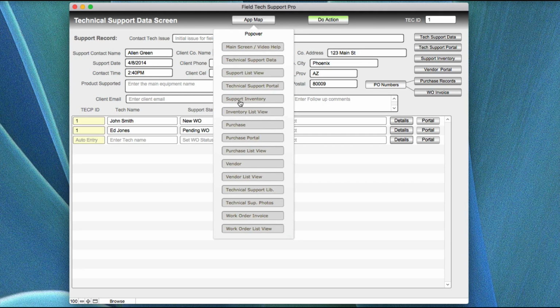Okay, so what we're going to do is cover the support inventory and the inventory list. Then we're going to go to purchasing and then on from there. One of the other ways you can open up the records, you can go into the list view for inventory and see all the items that are in the list view. And we'll come back to that as far as all the items that are currently in the listing for all the inventory items. But I wanted to point out again, if you're looking over here at the support inventory popover,